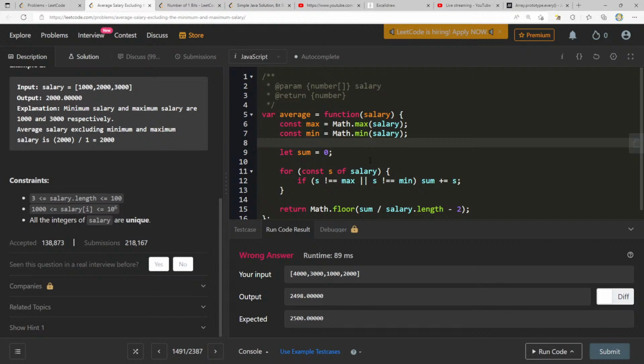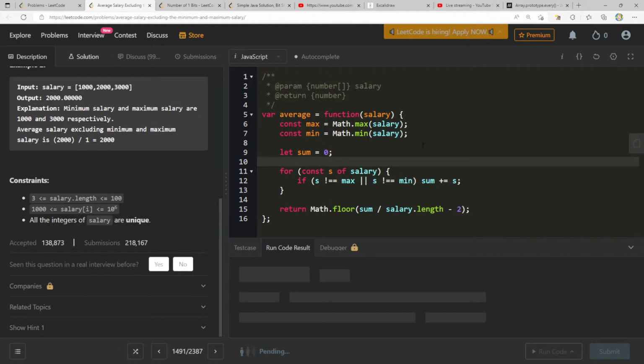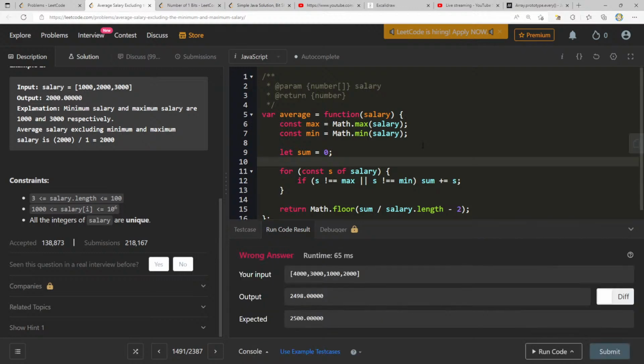Or do we just want one of those to be true? I only want to add it if the number I'm on is not equal to max or not equal to min. Still getting the same thing. If s is not equal to max, 4,000, that's false.